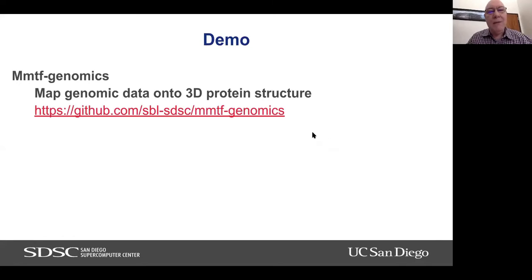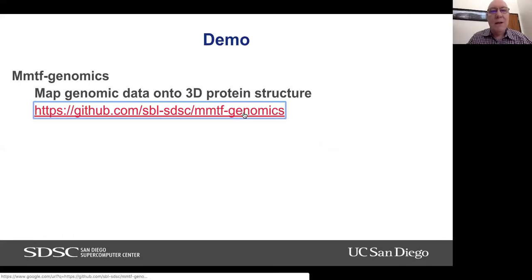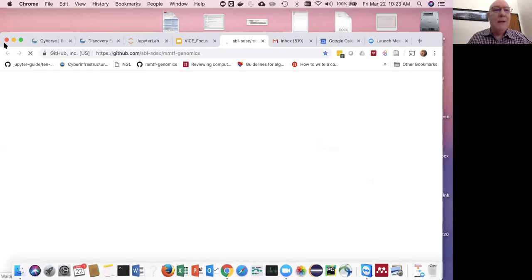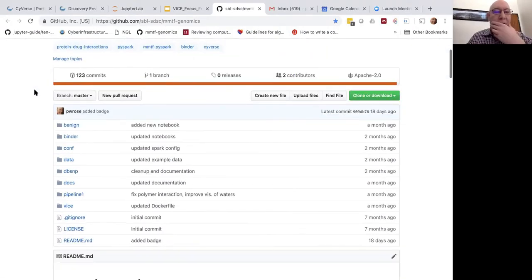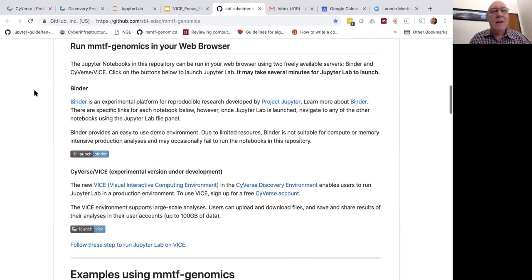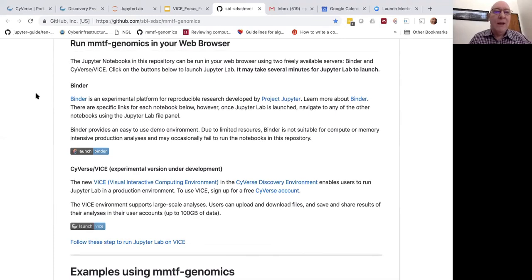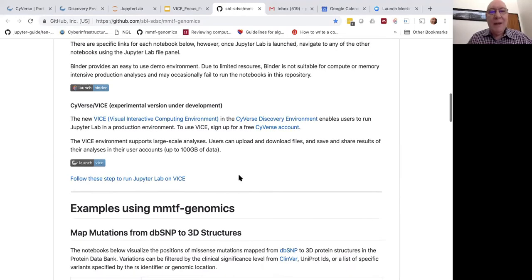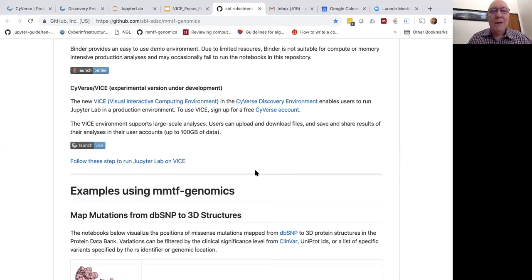This is our mmtf-genomics project, and this is hosted on GitHub. So let's quickly go to GitHub and let me show you what we have here. So all the source code, all the Jupyter Notebooks are hosted on GitHub. And the nice thing is you can run those yourself in your web browser using two services. One is called Binder. This is a service provided by the Jupyter team. This basically runs on the Google Cloud, but it's very limited. It only gives you like 2 gigabytes of memory, and there's really no way to store your data and so forth. Now, fortunately, we learned about VICE, and VICE solves all those problems for you because users can have accounts,